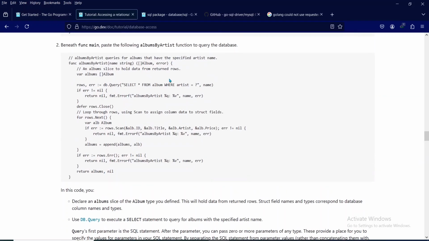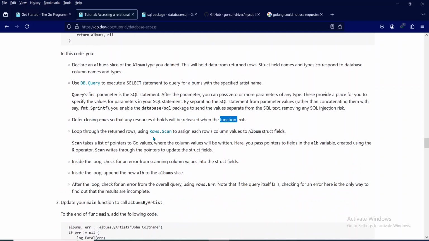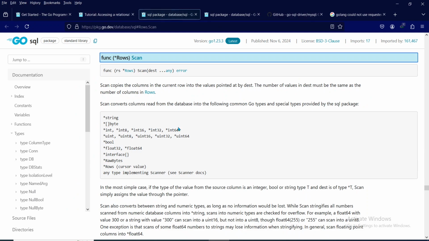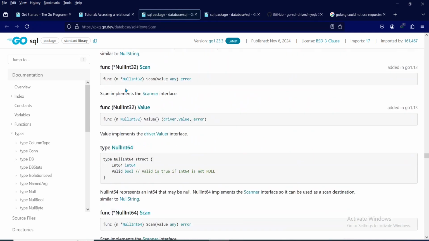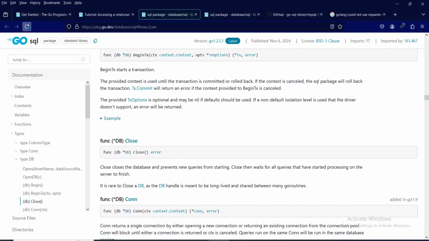I think the function means this function. I'm not sure which function it is referring. So it's a good thing that the memory will be released because resource means it is holding memory. Okay, then after that looping through the returned rows using rows.scan to assign each row's column values to album struct fields. So this is standard package of the SQL library,